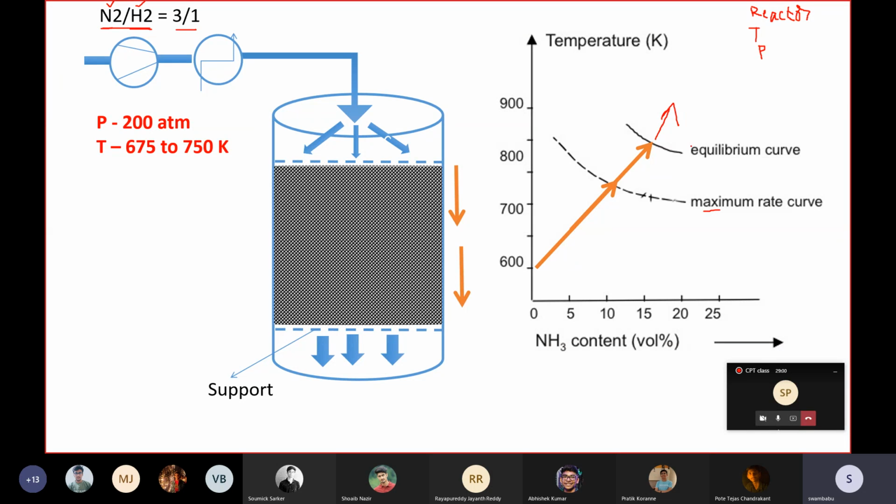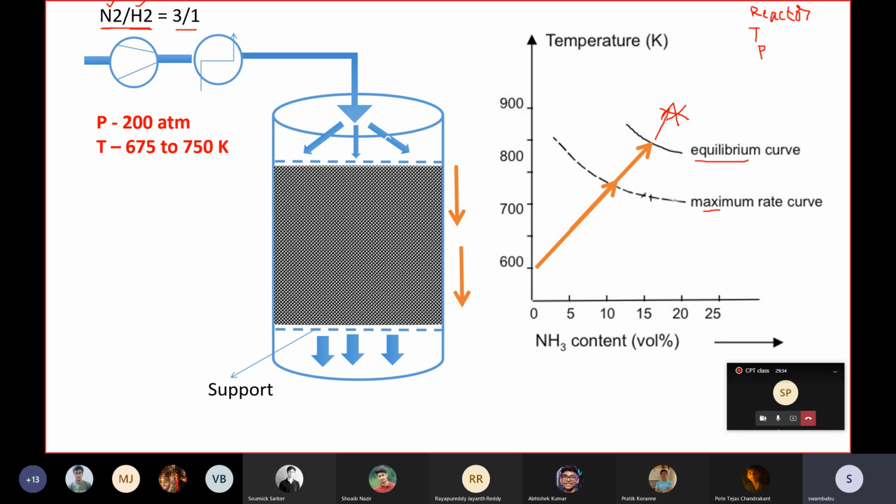Not possible, because equilibrium means that is the maximum. We cannot go beyond this. So, do you prefer to operate at this dotted line or at this solid line? Any guess from the students? Do you prefer to operate at the dotted line or at the solid line? Dotted line. Right. Now, keeping this,